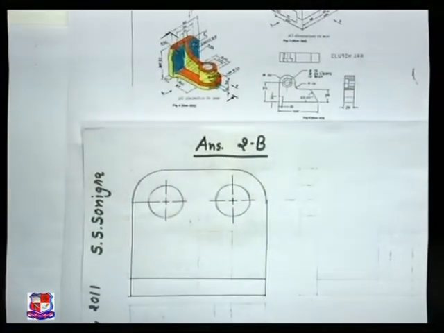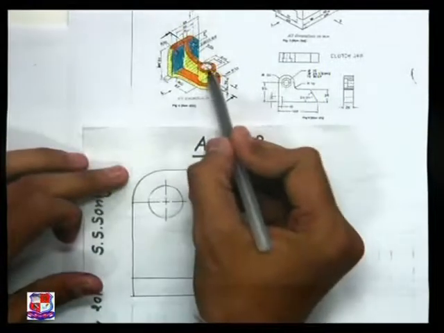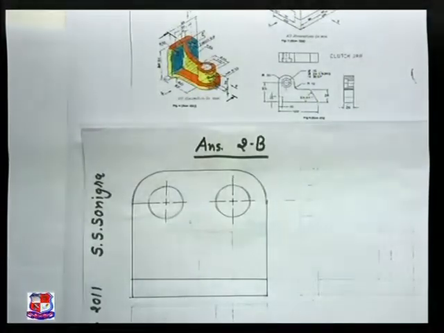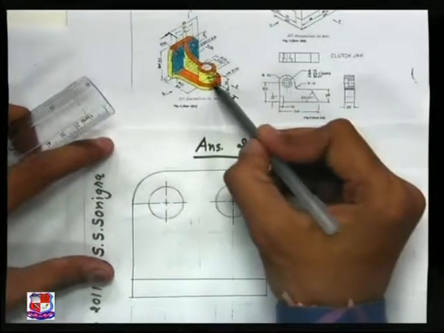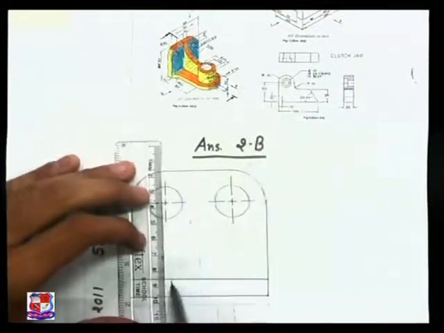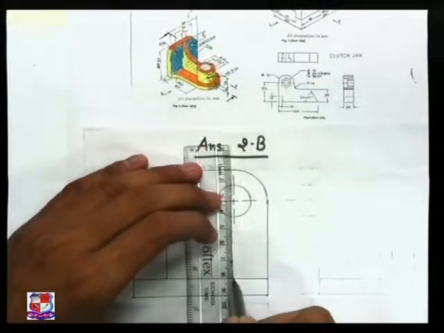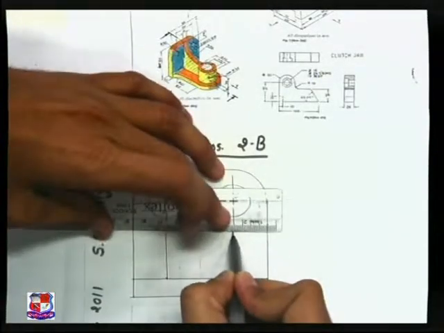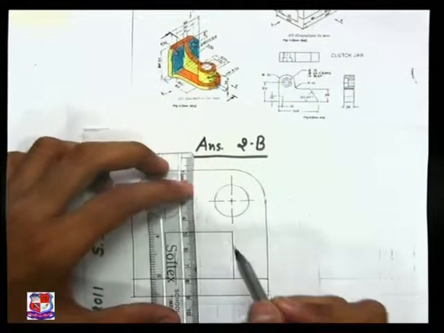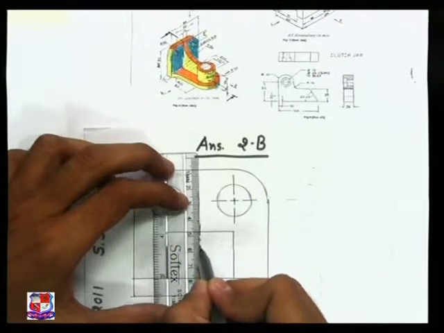Now think about the cylindrical portion. This cylinder is there and the cylinder diameter is given as 40 mm. So width of this cylinder would be 40 mm and height is given from this edge to this edge, that is 30 mm. So draw a rectangle having height equal to 30 mm from here like this, and width equal to the diameter of the cylinder, which is given as 40 mm, and here the axis would be there at the middle of this cylinder like this.